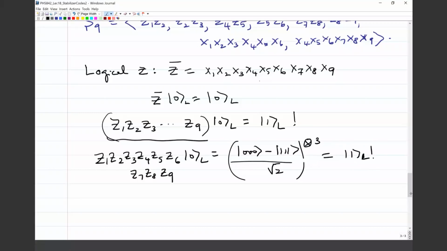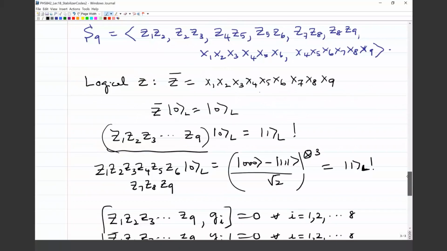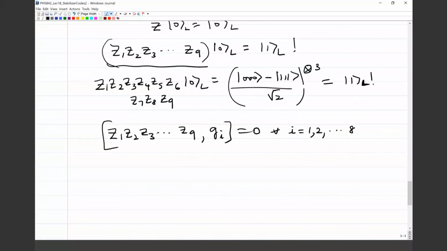So the all Z operator, the Z1 to Z9, it does indeed commute with all the stabilizer generators, right? Because the stabilizers are pairwise Z, or I have an even number of X's, right? I have X1 to X6, or I have X4 to X9. So I have 6 X operators. So it commutes with all the, how many stabilizer generators do I have? 8, right? I have 8 stabilizer generators. So I have 6Z and 2X. So it commutes with all the 8 stabilizer generators, but it acts